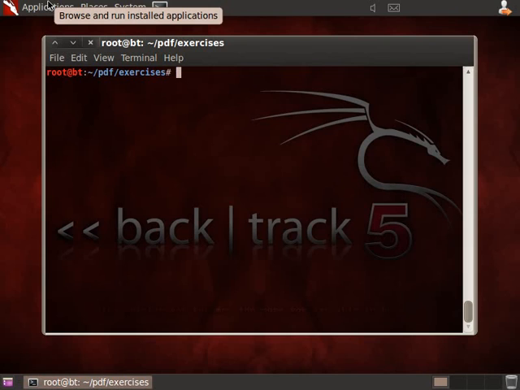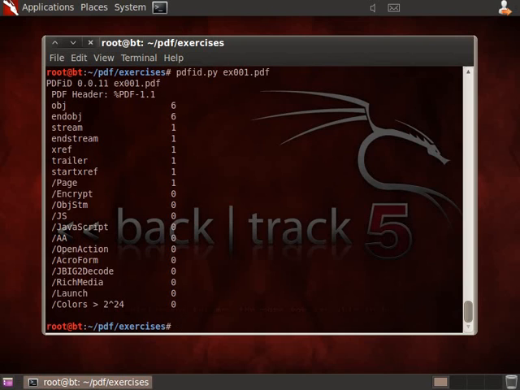So the first tool you would use is PDFiD, and PDFiD is actually a tool that you use to classify, to triage PDF documents, so that you get an idea of what is in the PDF document and if it is interesting to analyze,